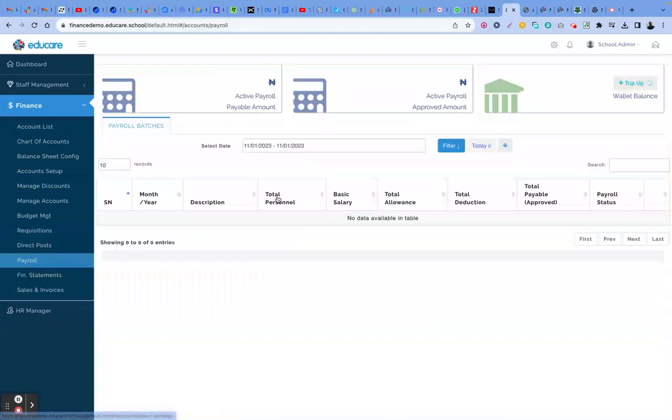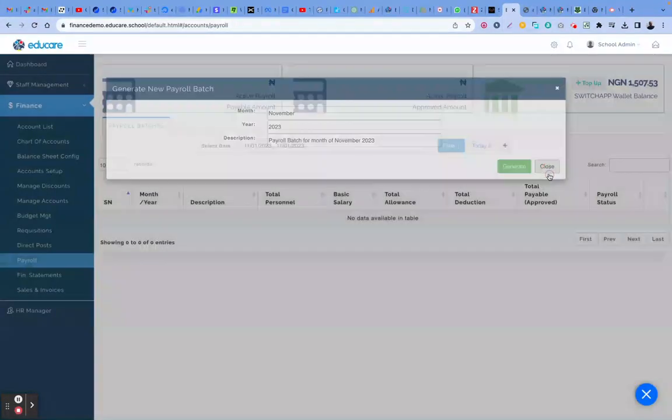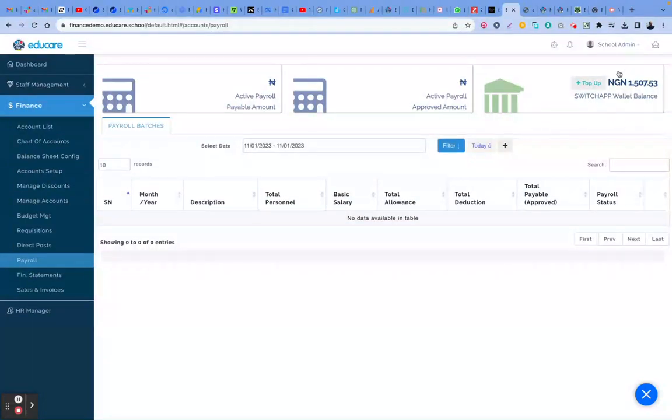Then for the payroll, paying salaries is very easy. With this, you can generate payroll and you can pay. So what you see here is real money. If I generate payroll and I pay, it will be deducted here, money will be credited, and emails will be sent with their breakdown and all the pay slips. So the system handles that